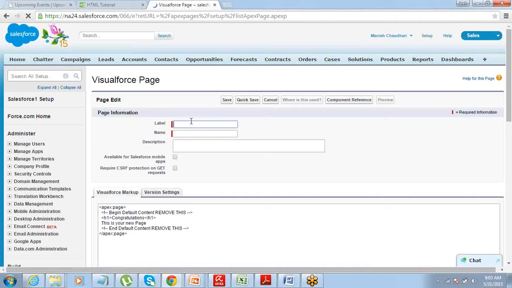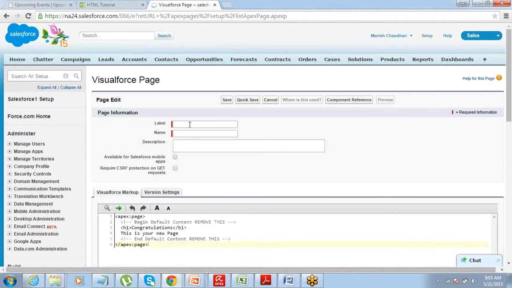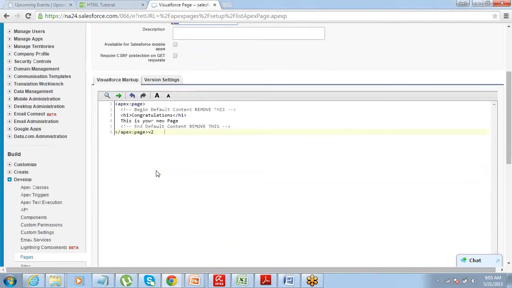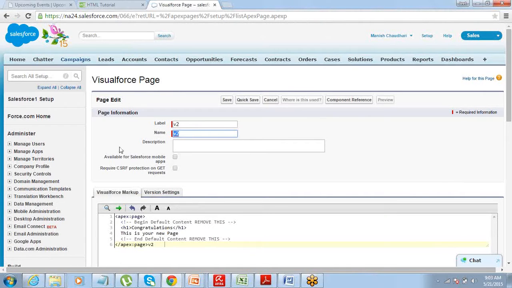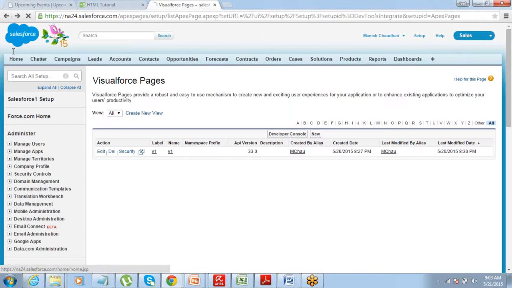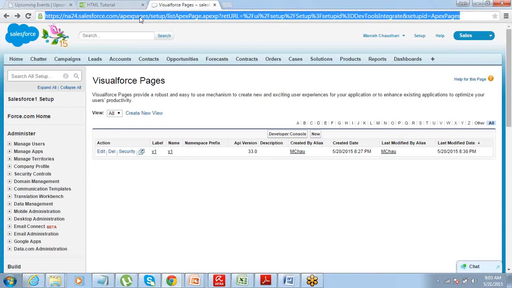So you just have to put a label and a name for the page. Let's say I want to create a page V2 now. Just put this and save it. All right. Write your code here and just save the page. So this is the other way of creating the page. All right. But this is not something that we normally use. We use the URL method for creating the page.